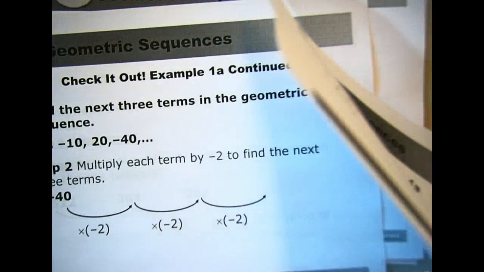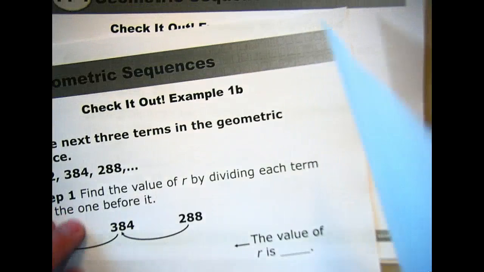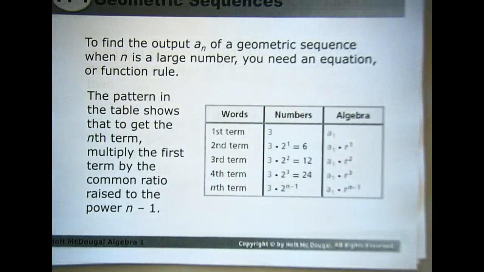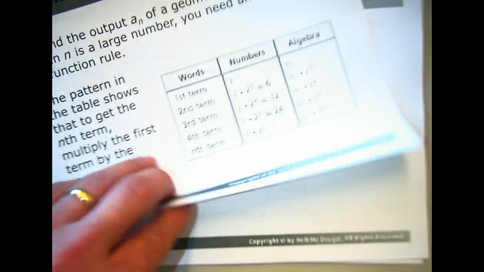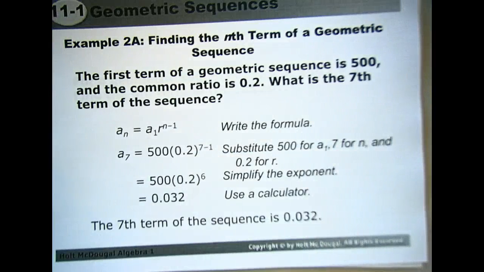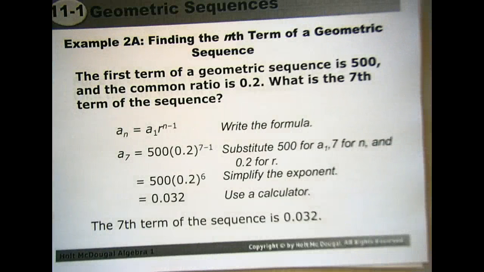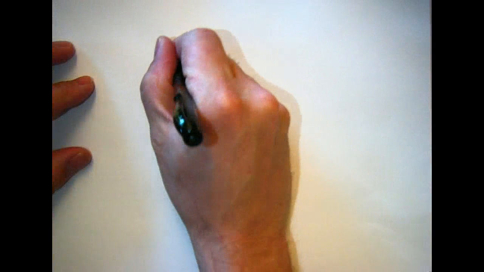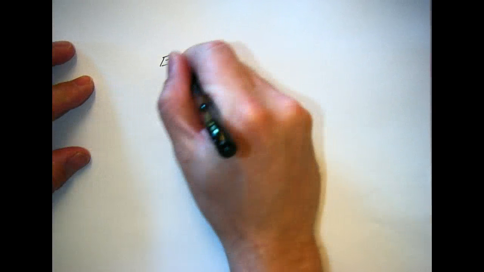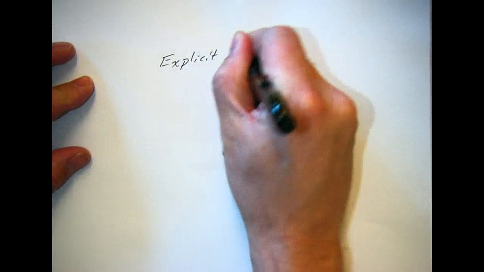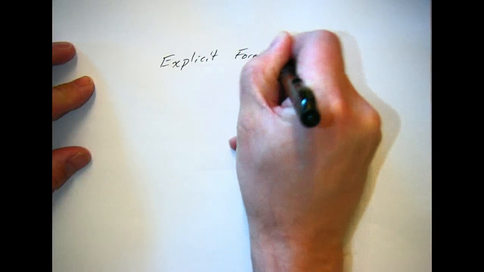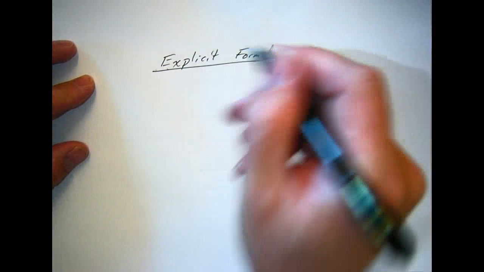In your notes, go ahead and now write down the explicit formula. We're going to take a pattern and figure one of these out here. Remember, the explicit formula helps you to find not the next term, but a specific term. So for instance, if I gave